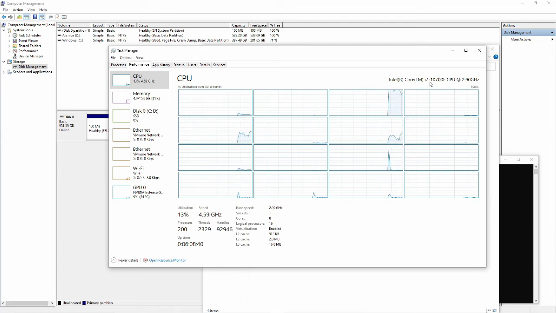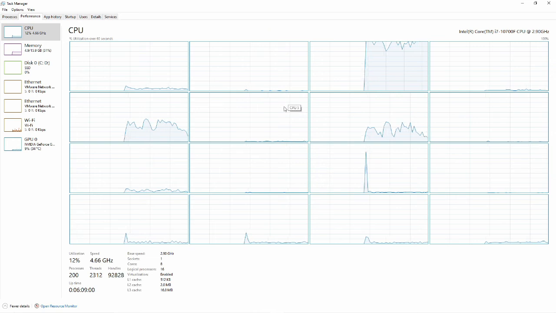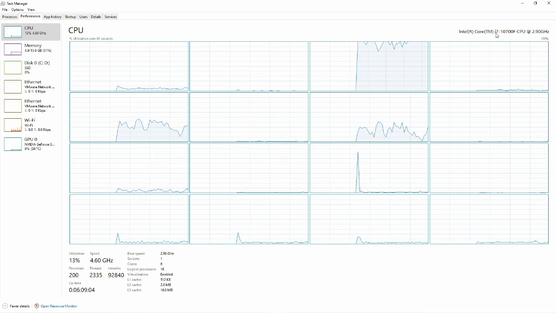So I have an i7 10700F, and this is my core. So I have 8 cores, 16 threads, 16 logical processors. This thing is just crazy. So I encourage you to get a new PC with this i7.